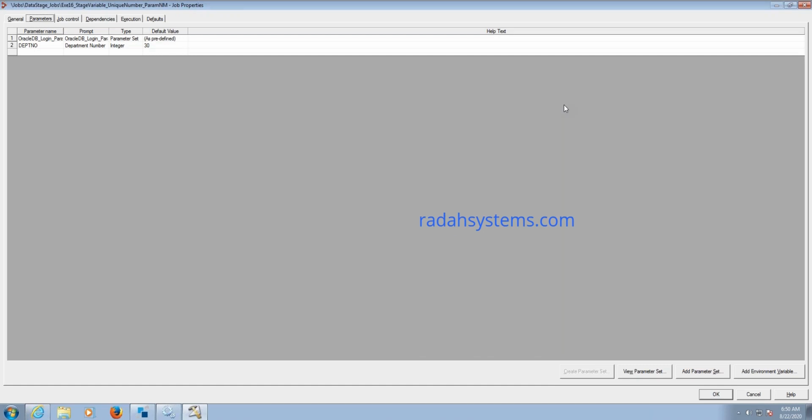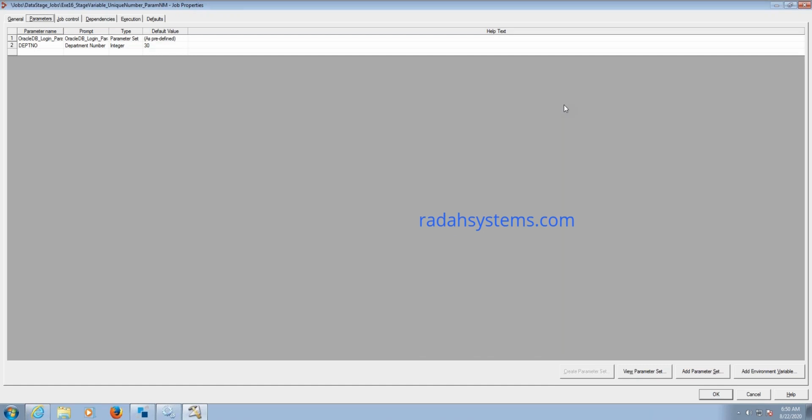Normally in real time, we need to create a parameter set for the file path. The reason is that the server is different for each environment: dev will have one server, QA another, and pre-production and production will have different servers. So the Unix paths are also different.